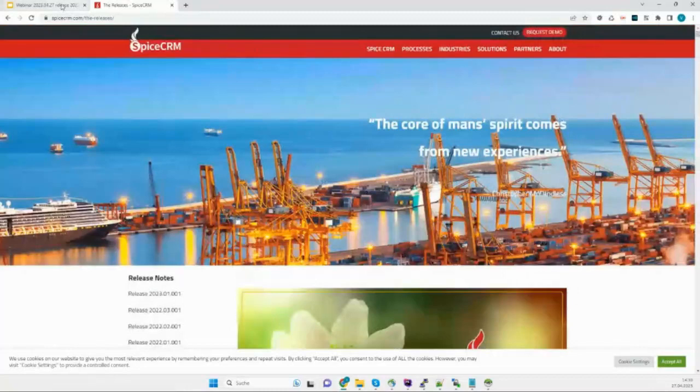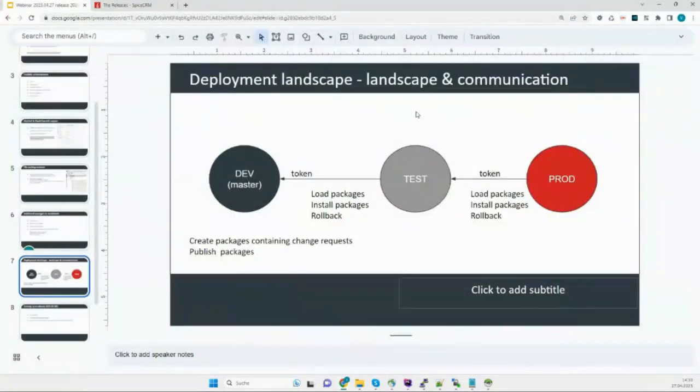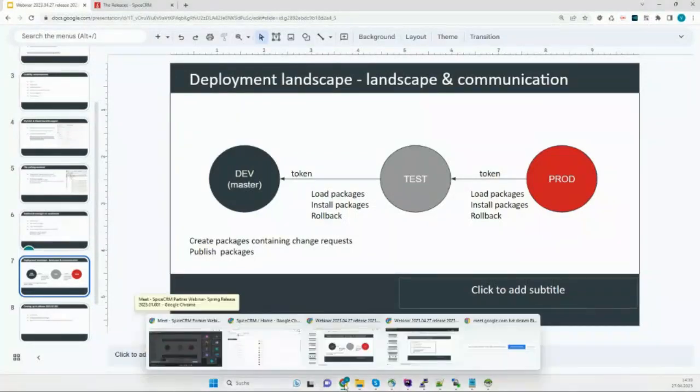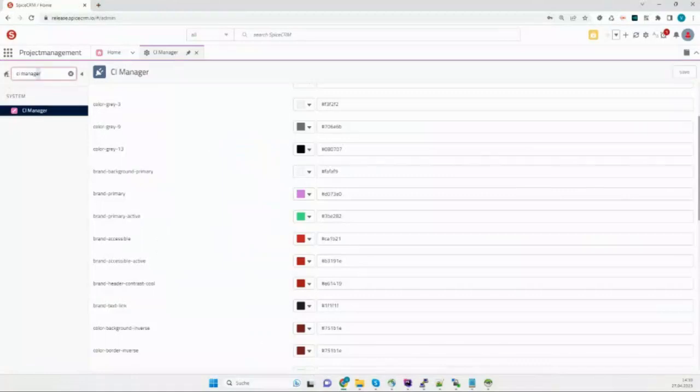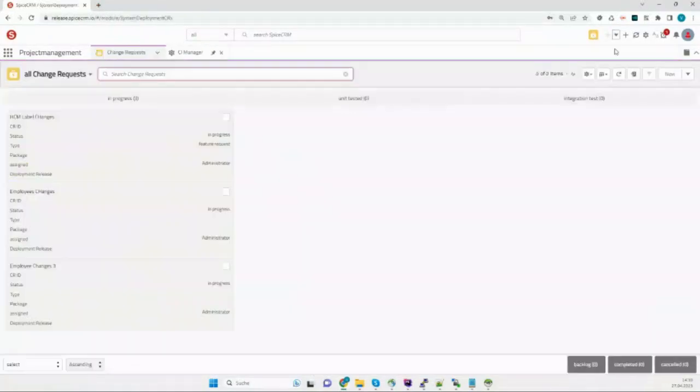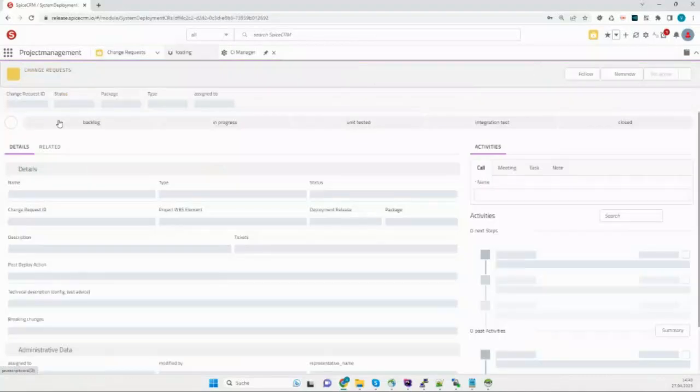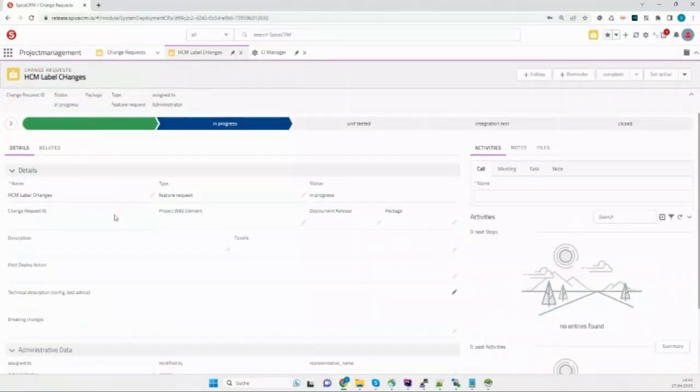Okay. So that's it for now. So there is nothing specific when I want to move from one system to the next and I want to take configurations with me. We have some tools that can help us. I'm not sure if everybody knows about it: when you have the package system deployment, you have a module called change requests, and so you can create change requests and write a description of what it is about, and when you activate it,